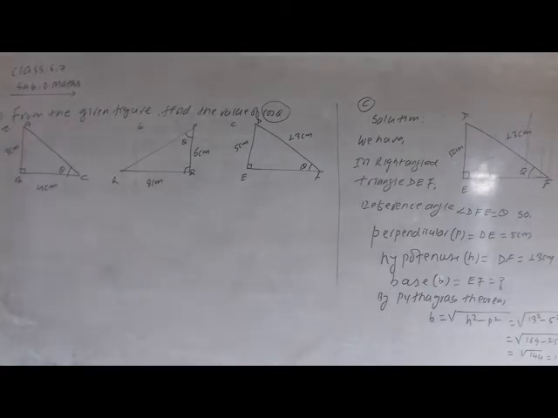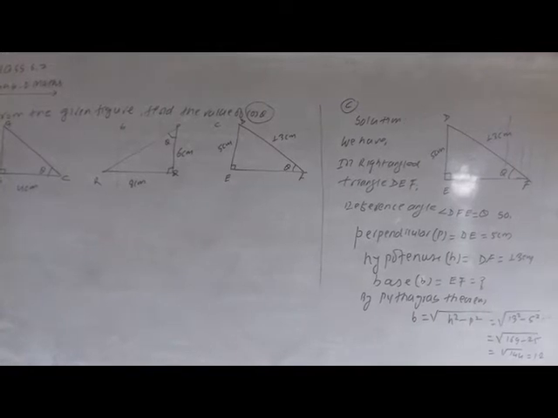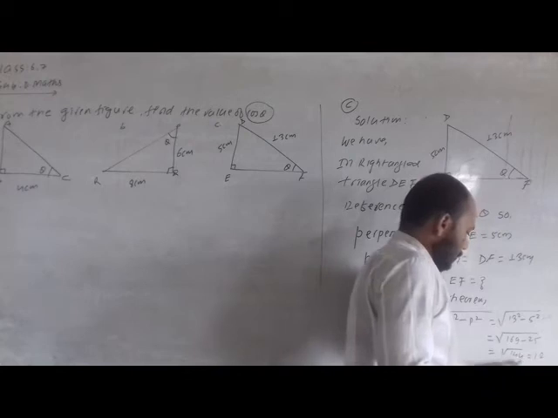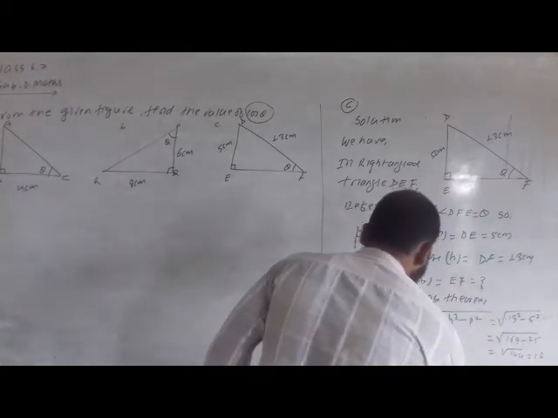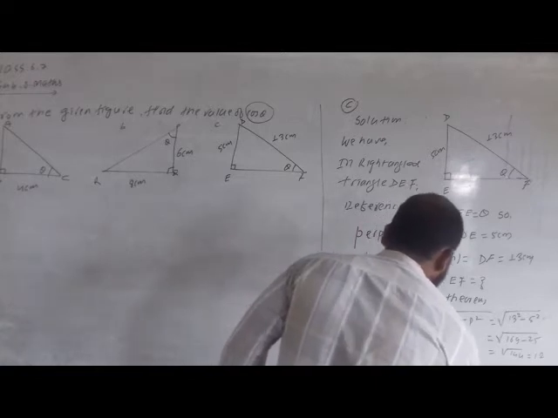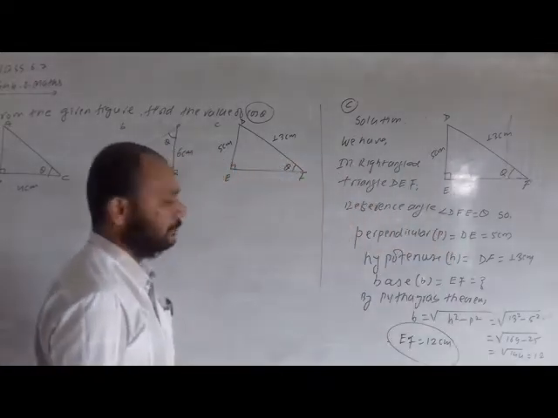And dear friends, first you find the base from here. The formula to find the base is H square minus P square, under the root. We already completed this formula in the Pythagoras theorem. Here you put the value of H equal to 13 and P equal to 5, and you get 144. Its root is 12 cm. So therefore EF is equal to 12 cm.